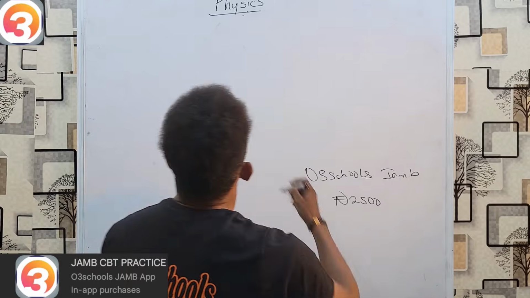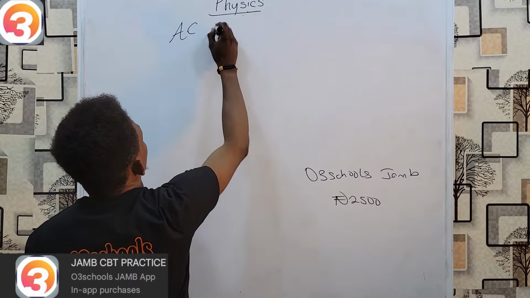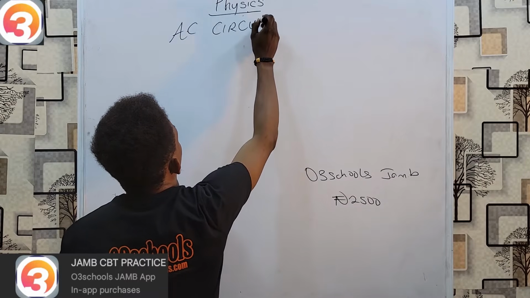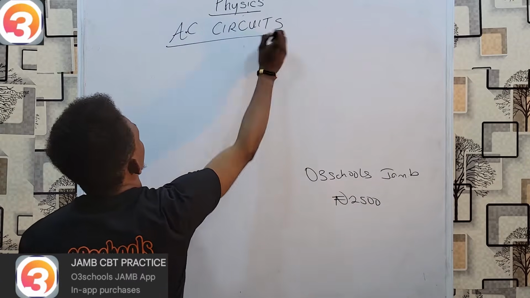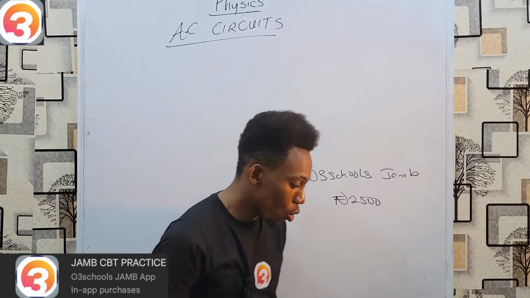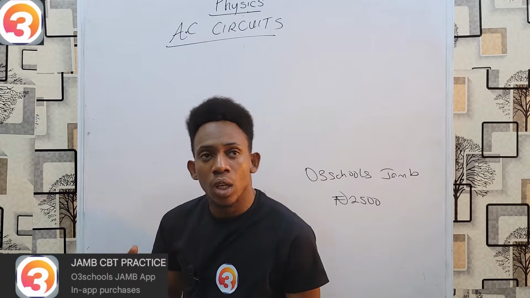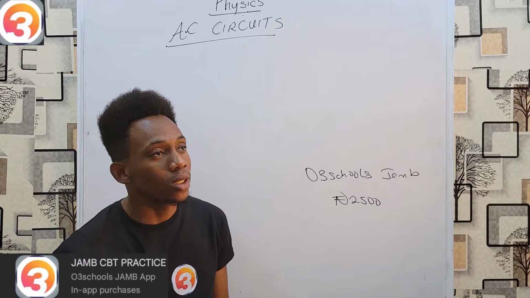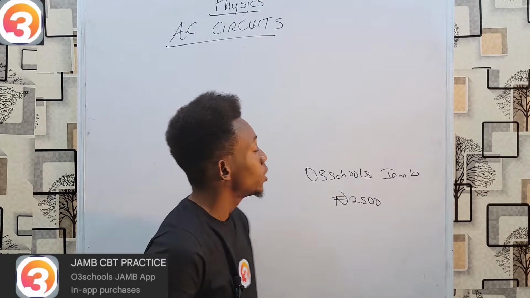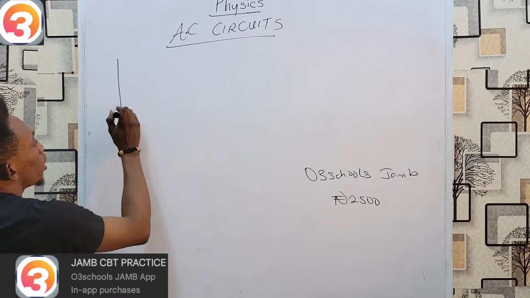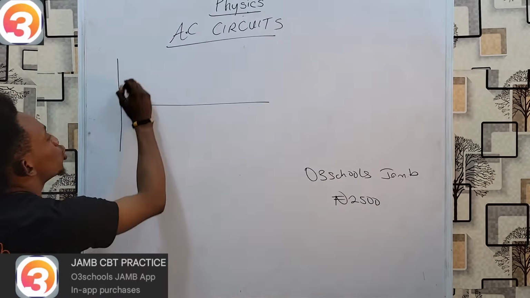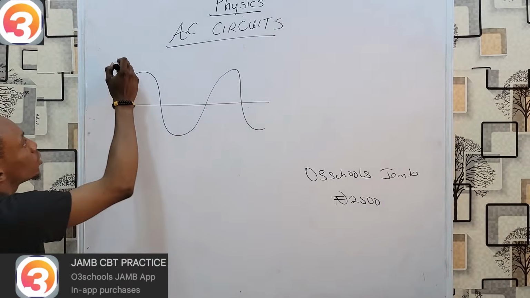All right, and now in this class, we shall be looking at AC circuits. AC typically stands for alternating current. Currents are of two types, either direct current or alternating current. An alternating current is simply a current which follows a periodic path such that the current increases from minimum to maximum periodically. The general form of alternating current is usually shown through a sinusoidal graph, such that this